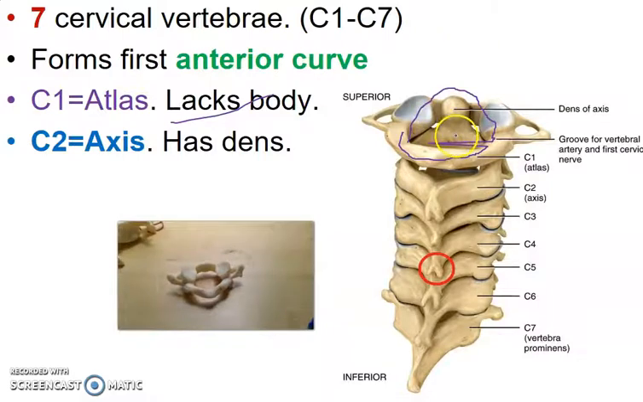Now, what happened to the body? Who kidnapped the body? Axis. This is the axis. It is C2. If you see here, there is a process. Its technical name is odontoid process. I've asked students for the last 15 years, and they want to call it its other name. It's called the dens. Apparently, they prefer the dens a lot more. So this is the dens right there. The dens is going to stick up into where the body of the Atlas would be,